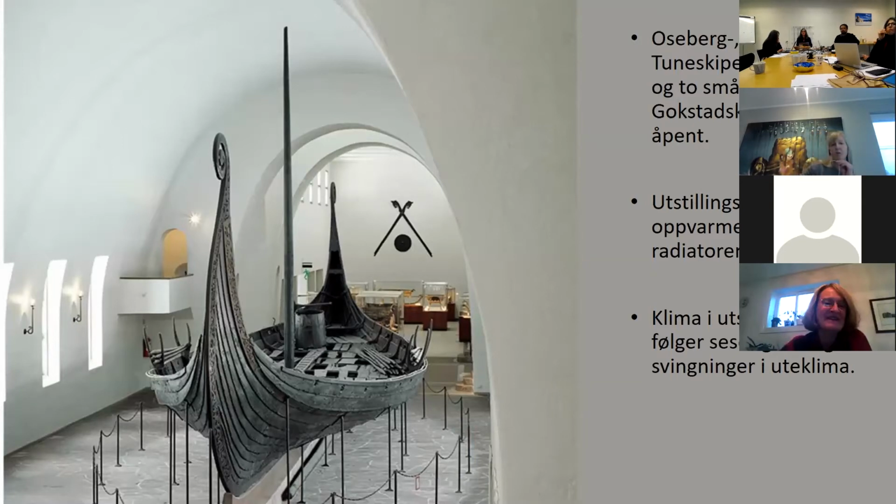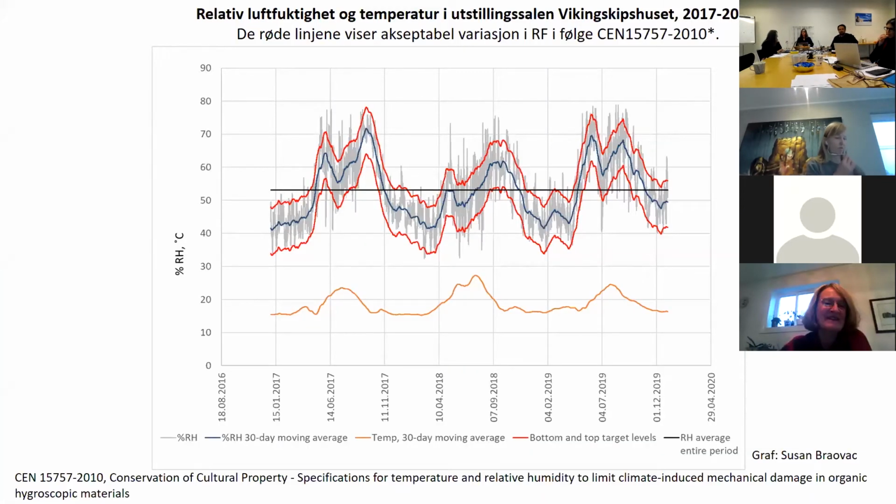Og det er jo dette vi må ha tatt utgangspunkt i når vi har begynt å se på hva slags klima vi skal sette som krav i det nye bygget, for vi må ta med i mente at disse skipene har mer eller mindre vært utsatt for dette klimaet siden 1926 for Osebergskipet, da det kom på plass, og Tune og Gokstad på 30-tallet. Så det vi har gjort for å tilpasse oss, er at vi ønsker et bedre klima i det nye museet, som blir bedre kontrollert, men hva skal vi ta utgangspunkt i? Og det vi da har gjort